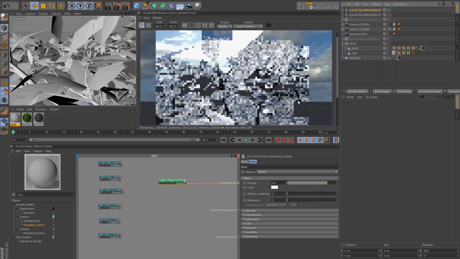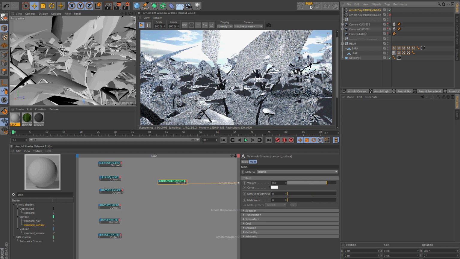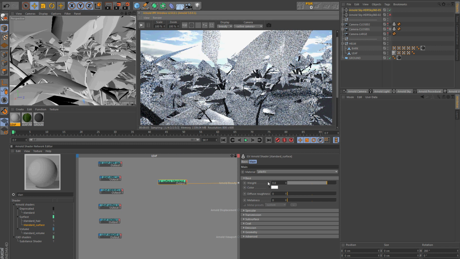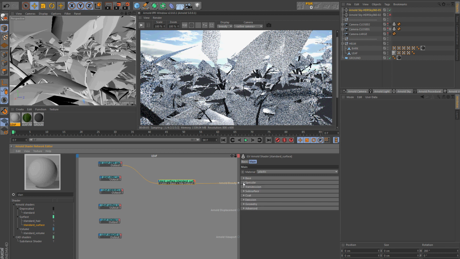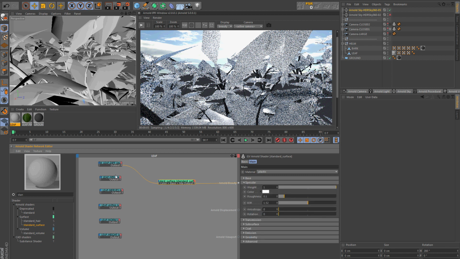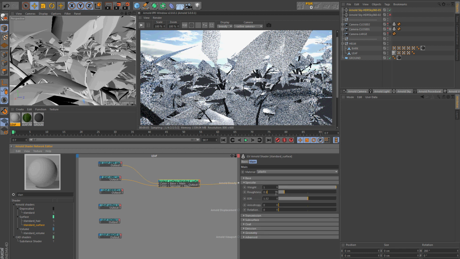I will change my view to see what happened. Okay, I think this one will be better. Connect the diffuse map to the color of the diffuse. Take the specular, set it to 1. Connect the specular map to the color of the specular.